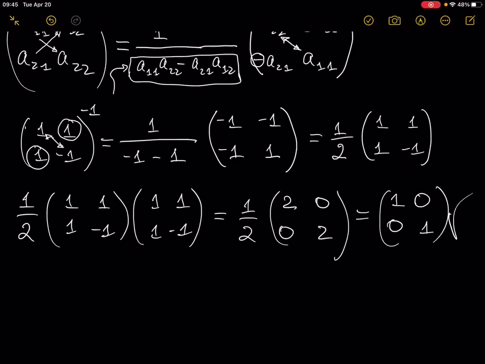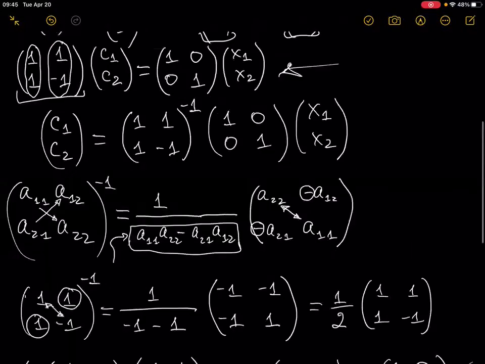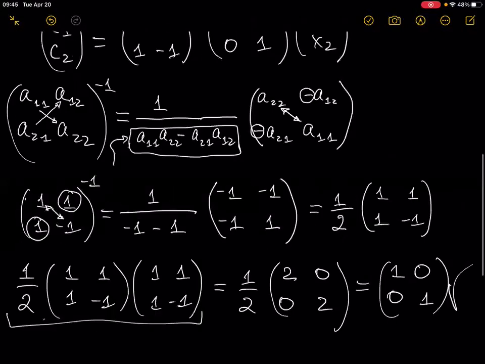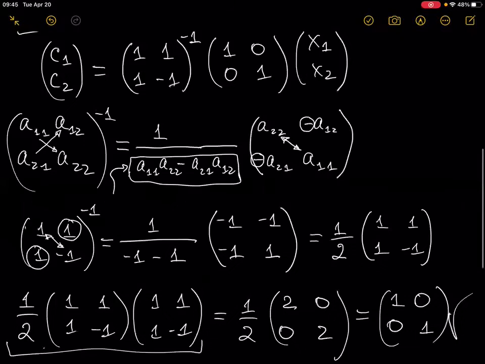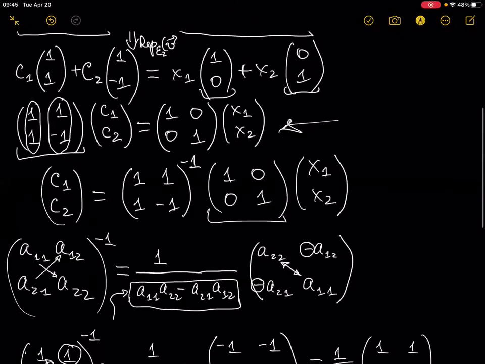So if you have time, or if you get in trouble, it's always a good idea to check whether you found your inverse matrix right. Just multiply it by the original one. You're supposed to get the identity matrix by definition of the inverse matrix, right? By the way, because here we have the identity matrix, we can just omit it because it doesn't change the vector. So as a result, this will be